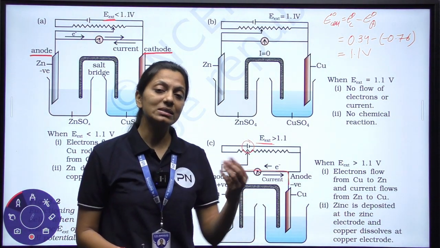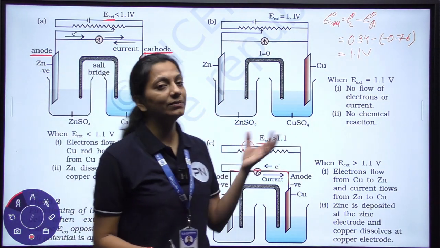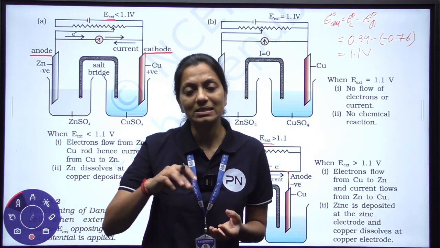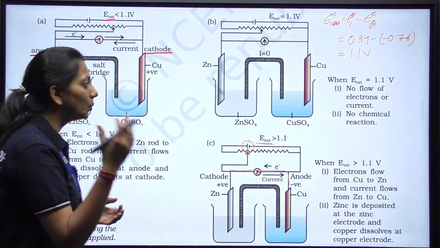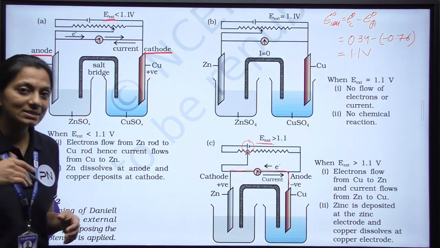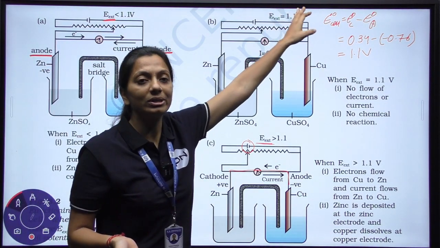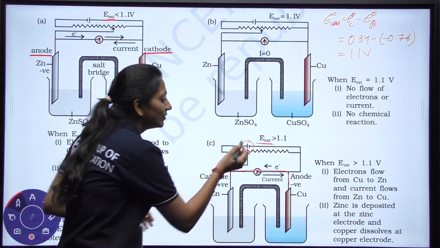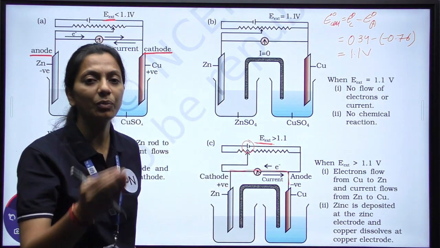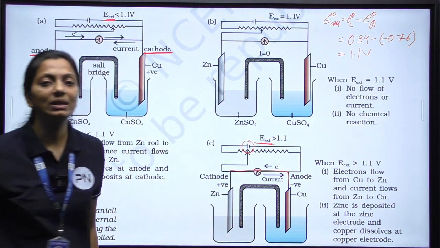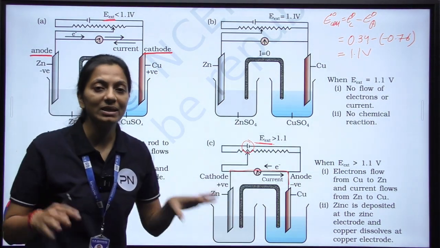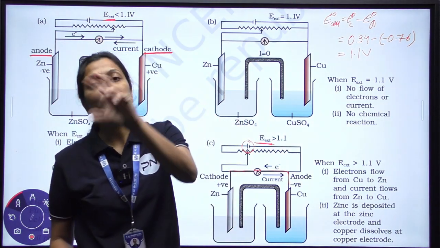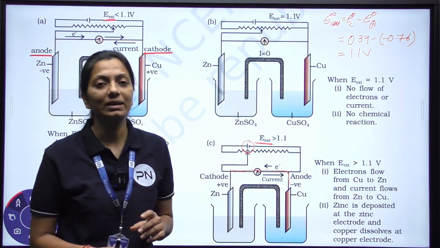Now the external battery which we are adding in this galvanic cell will be kept in comparison with the 1.1 volt. First comparison will be done in which the external battery is having lower voltage than 1.1 volt. In the second case, we are going to apply the same voltage which is equal to the galvanic cell, which is 1.1 volt. And in the third case, if the external battery is having more voltage than 1.1, then what kind of chemical reaction will take place? Okay, so in this one we are going to study the three outcomes, or we will see what will happen if an external battery is added in the galvanic cell.